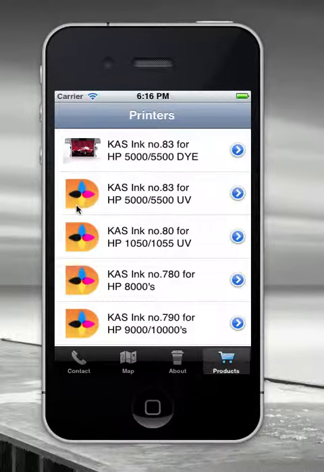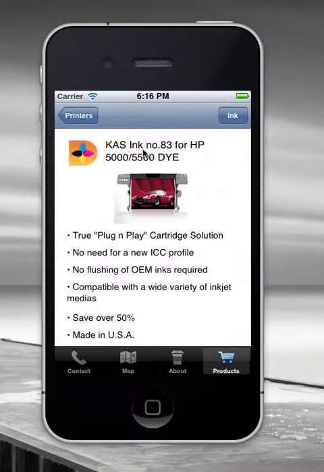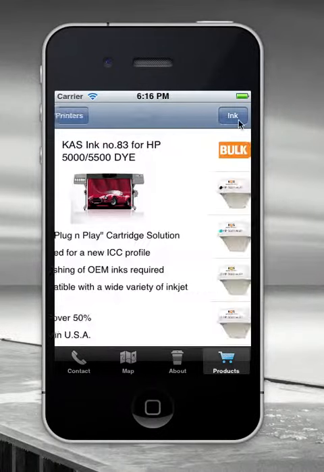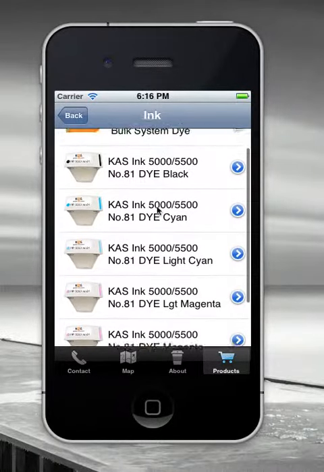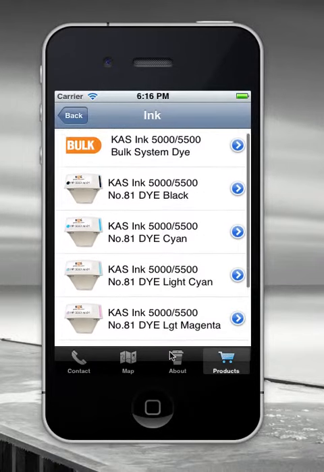The whole idea is to have the picture of the printer where I've got these, but this will have to do for now. The buyer or the person that's interested identifies the printer. As I said, guys, this is just original. It takes me a little while to dress it up. And then what we've got here is you can put any advertising that you want to say about the ink for that printer. Then they press ink here, and this shows all the inks that are available.